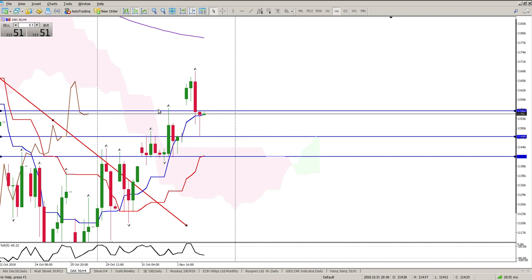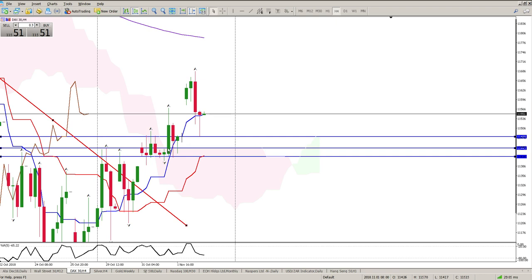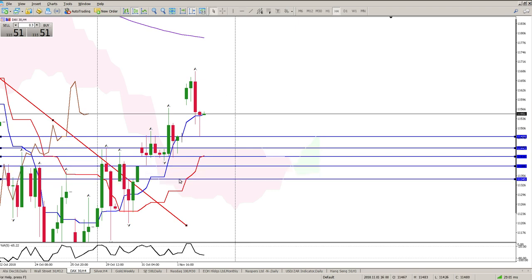You've got another tail there, which coincides with the cloud, the inside tails there. You've got Kijun-sen here, so there'll be buyers there, and you also have a gap further down over there, and you have an inside tail here. So lots of levels to the downside for buyers to step in off,